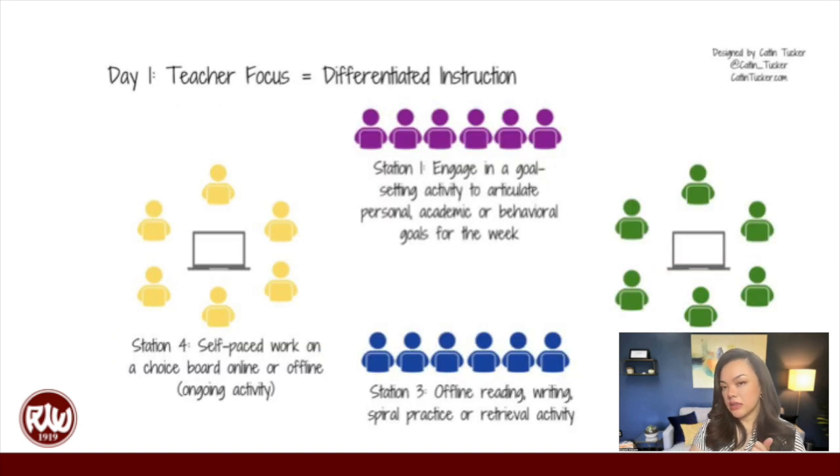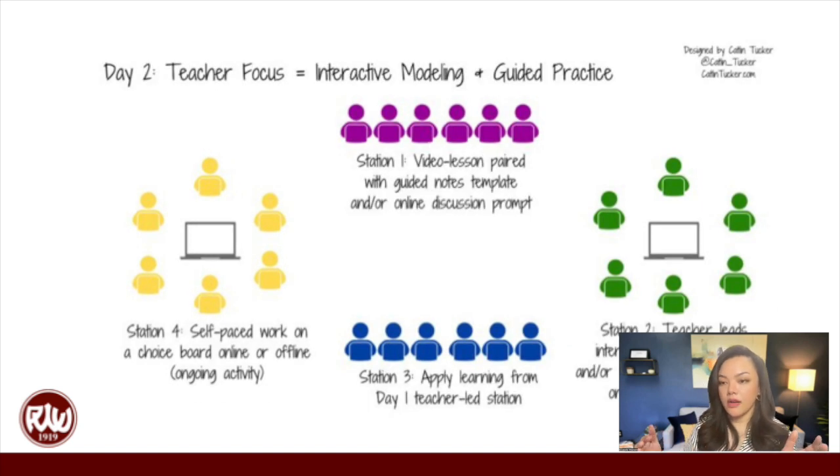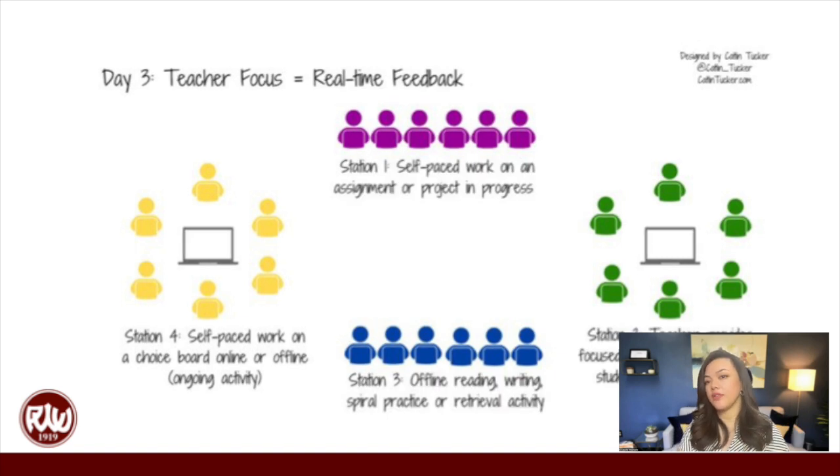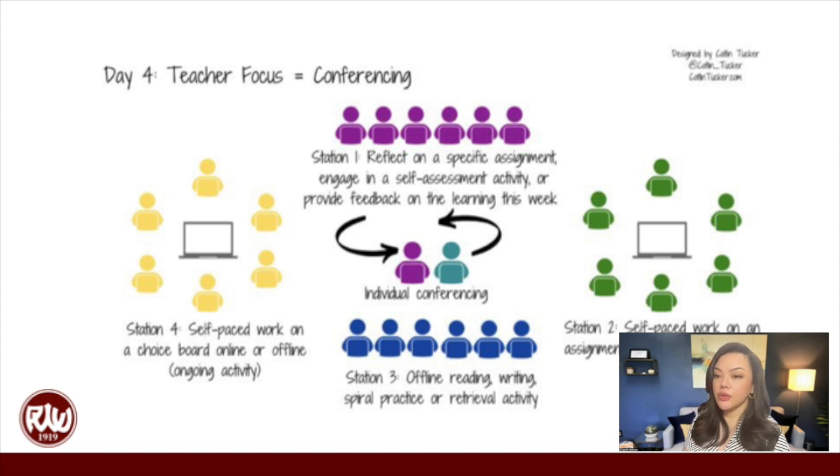She has provided an example of how it's done per day. So here is a day one example where there are stations and teachers prepare 4 different stations and the children go around all of these different opportunities. And then day 2, they will change again, day 3, and of course, day 4. So there's a lot of permutations that she has described over here. It's just an example. I've given you an example that can be used, but I don't think we are promoting this as much as we did 2 years ago when we do online